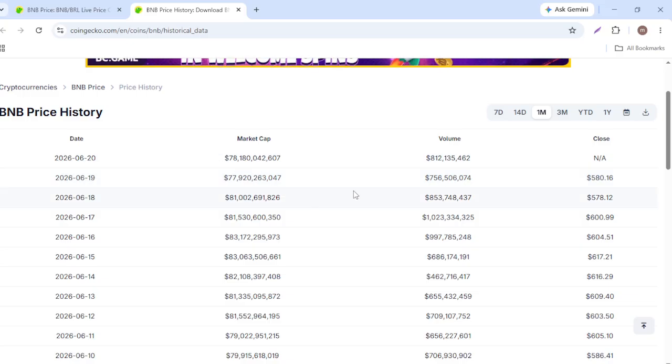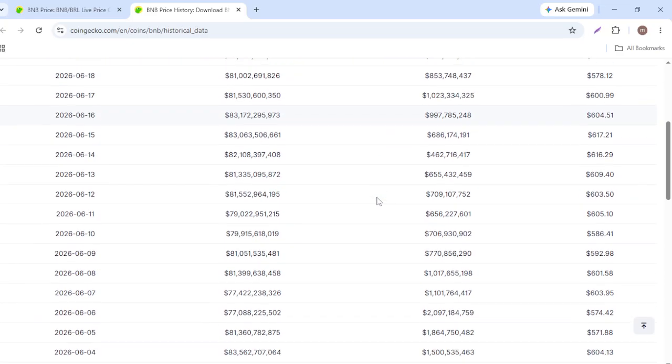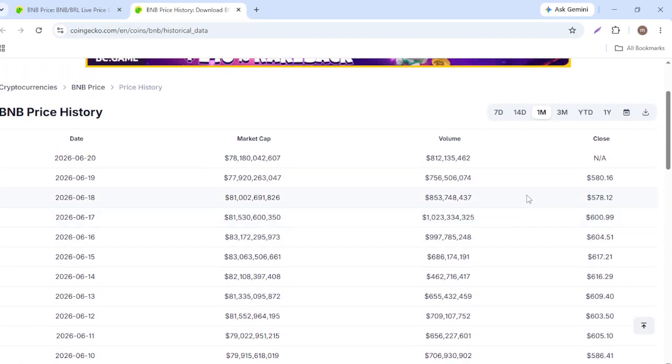Pro tip: if you're doing a heavy audit, look for the Export As button at the top of that table. This lets you download the data directly into a CSV or Excel file, so you can crunch the numbers offline in your own spreadsheets. Whether you're using the browser UI for a quick check or the export feature for a